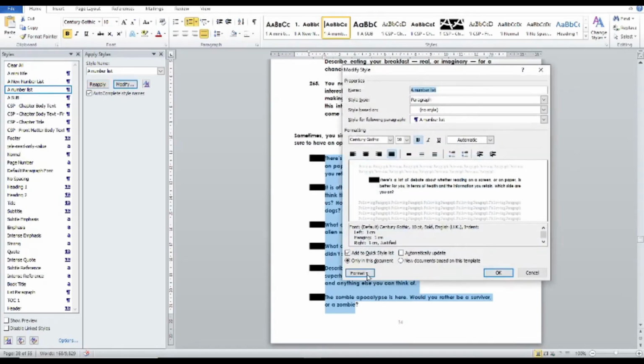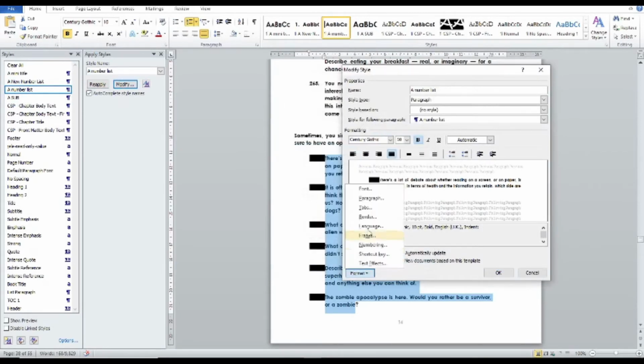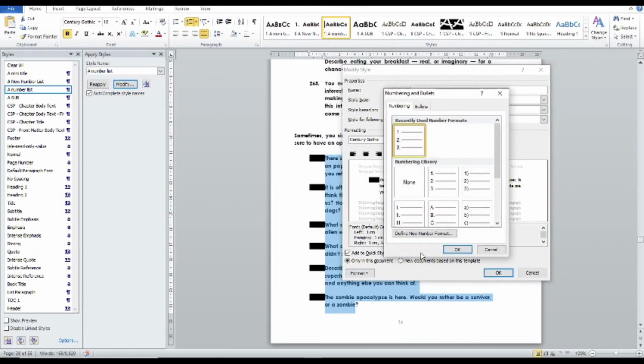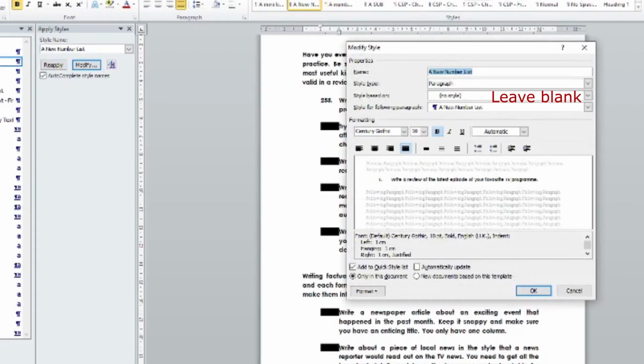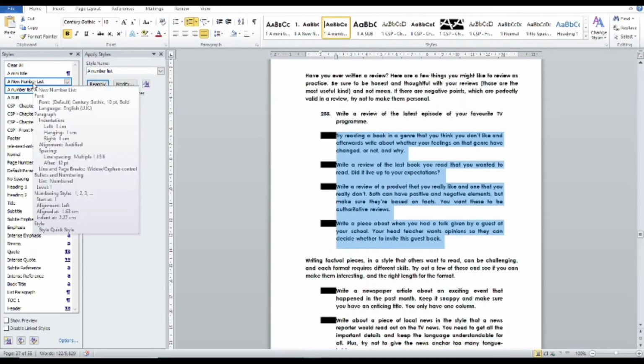What you have to do is to create a completely new style for your list. But first, you need to go into the one that's corrupted and take down all the settings, so that when you apply it, all your text doesn't go awry. Then create your new style, but make sure that it isn't based on any other style. Remove any text from that box. Once you've done that, all you have to do is apply it to your text.